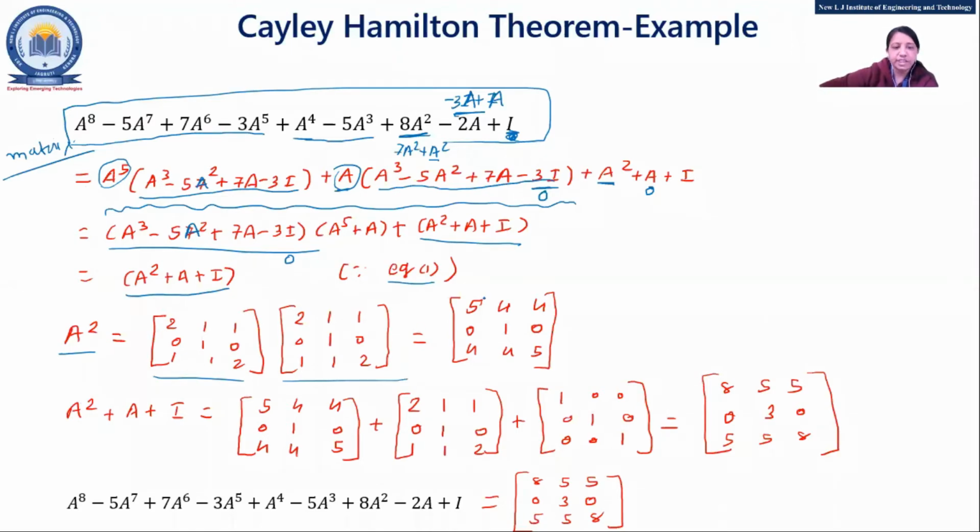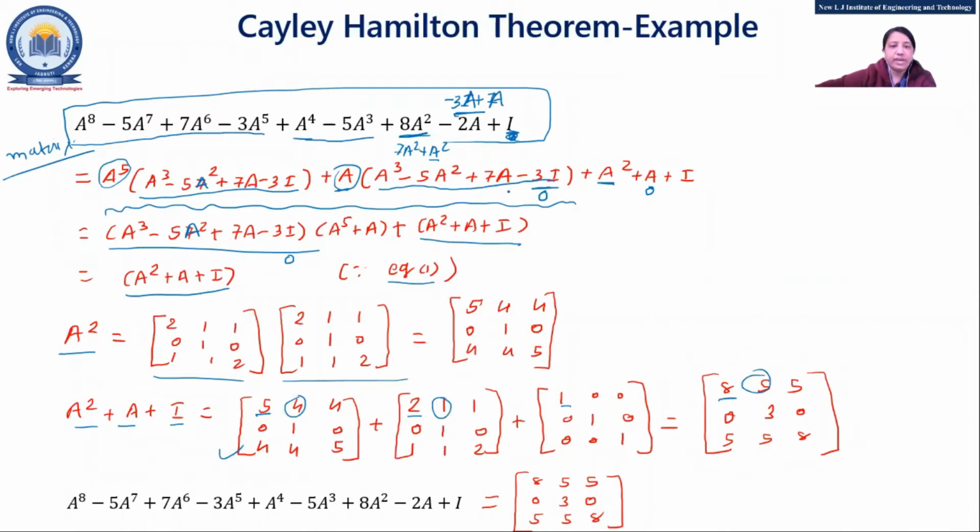So you should know this multiplication, right? Okay, fine. Then A square plus A plus I. Whatever the answer of A square is, I have written it. Plus A and plus this. Just do the addition of respective elements. 5 plus 2 plus 1 is 8. This 4, 1, 5 would be 5. In that way, just do the addition. So the representation of this equation in matrix form is this, 855.